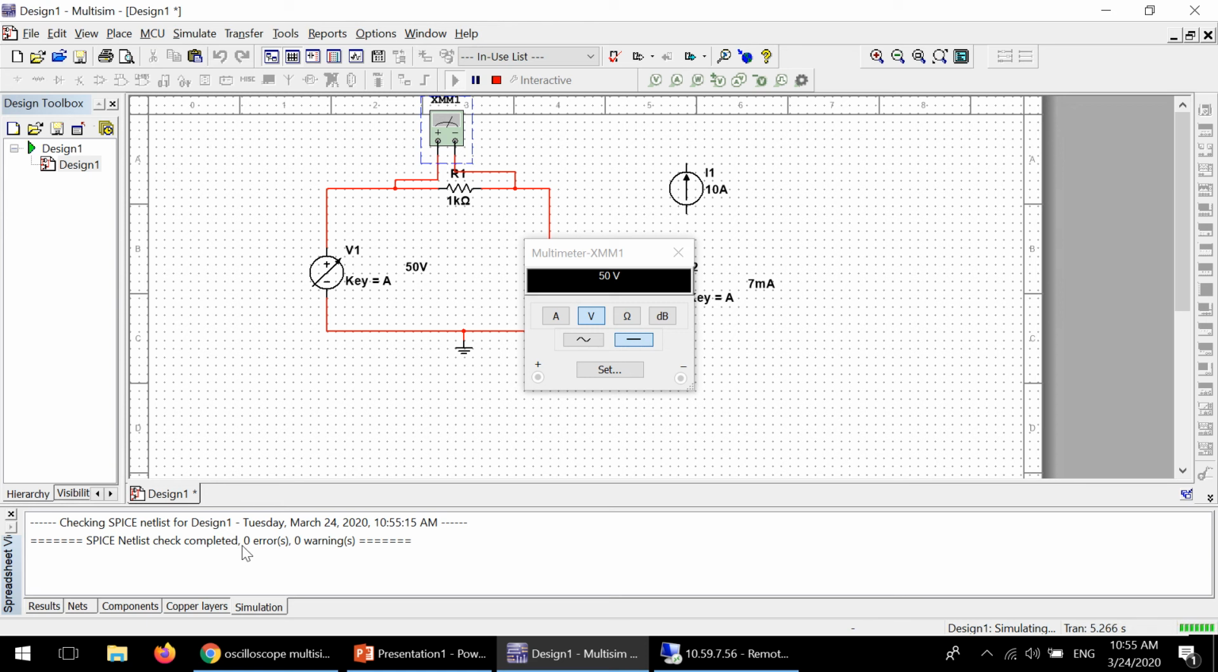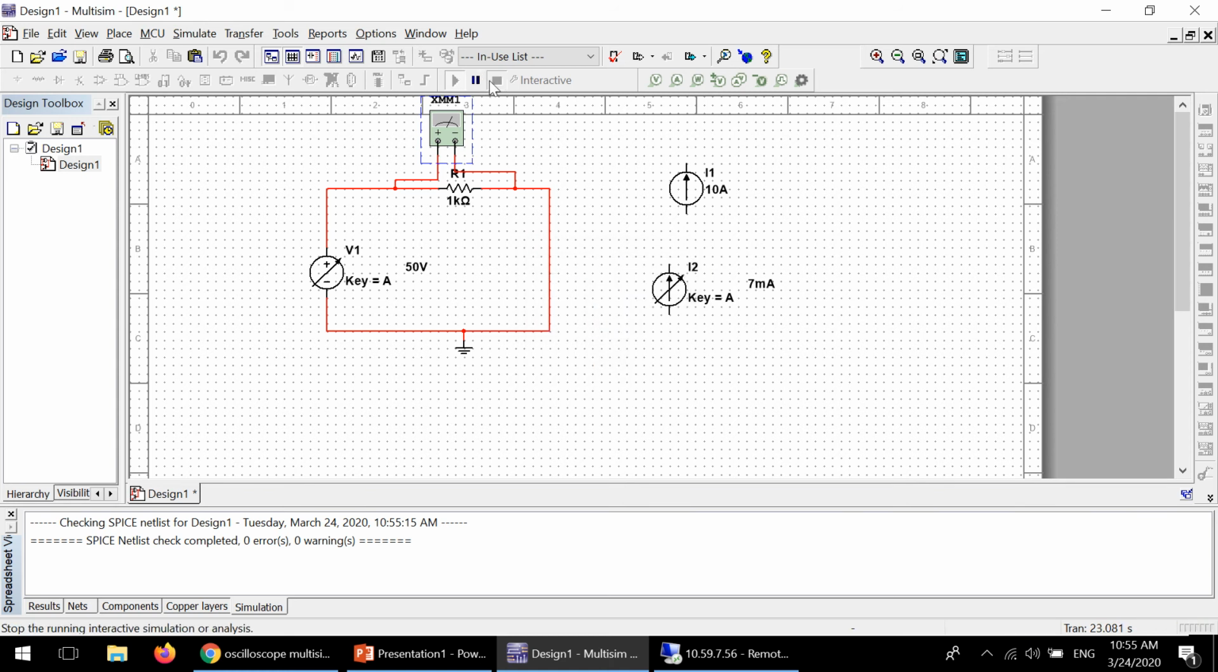Both things are that even if you have errors, you can run, and it will ask you that there's an error and whether you want to run it or not. So if you say yes, it will run, but it might not give you good results. In the older version, the problem was that if you have an error, you cannot run the Multisim. Okay, let's stop this